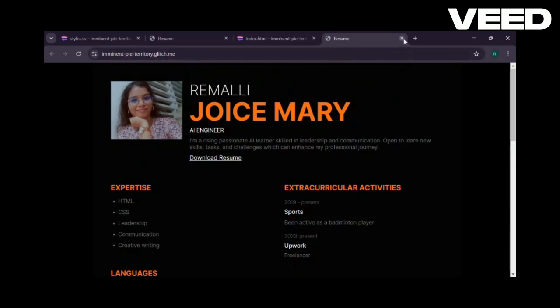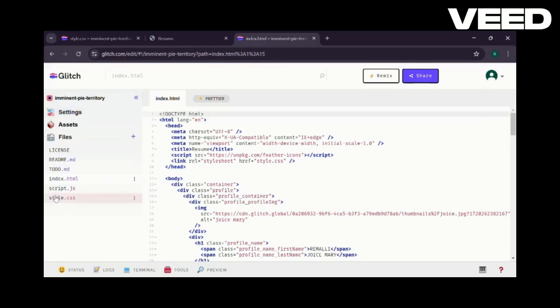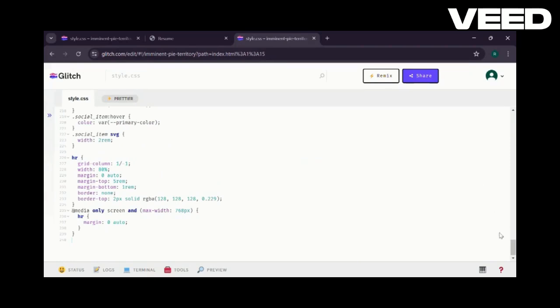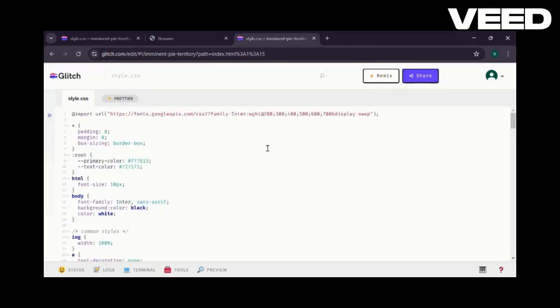We use them in index.html. Now back to the code. Just a short note on the tags that I've used. Let's check the style.css.